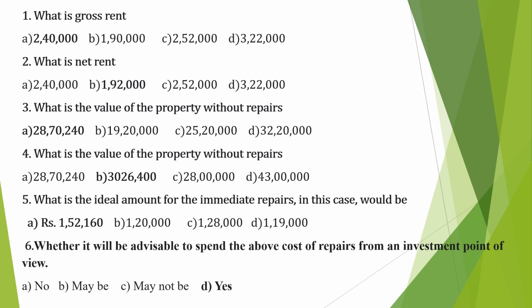So what is the gross rent? We have calculated 2,40,000. What is the net rent? We have calculated it is 1,22,000. What is the value of the property without repairs? Without repair, it is